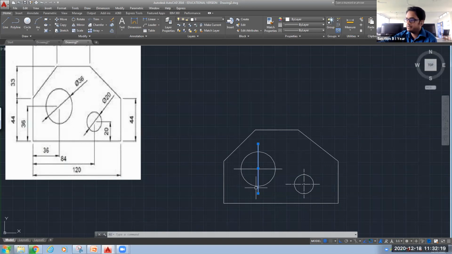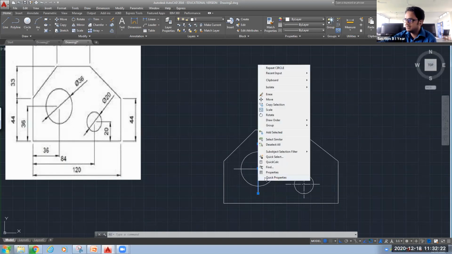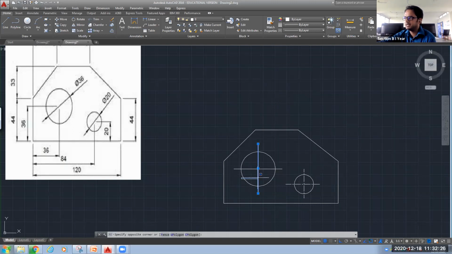For that, I will select this line, right click it, click on properties. Again I am repeating, I am selecting the line. You can see once the line is selected, the color is changing from white to blue.